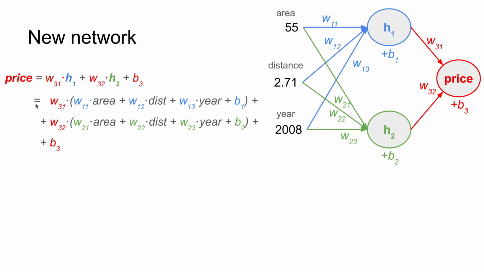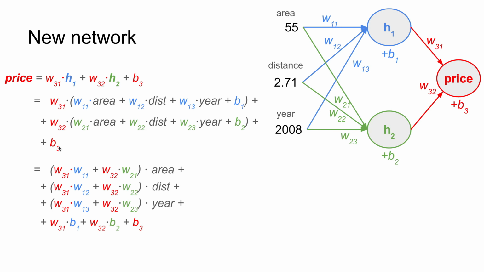And H2, we can replace it with the weighted sum of these guys. And if we remove the parentheses and multiply with each one and reorganize it a bit, we can see that we can